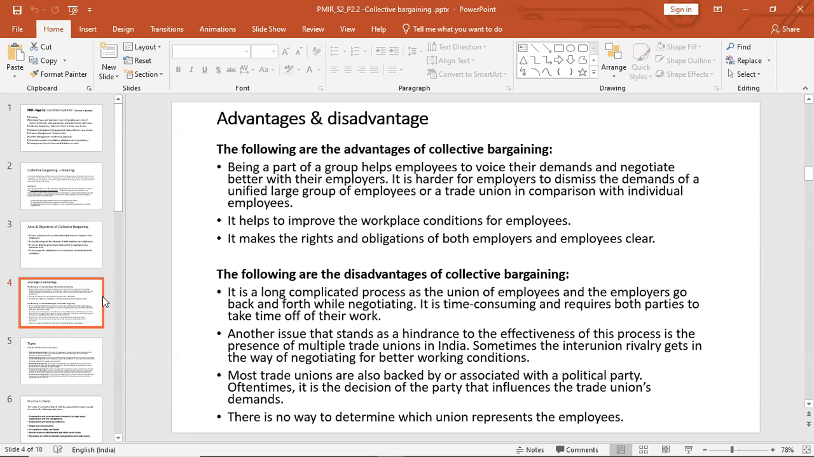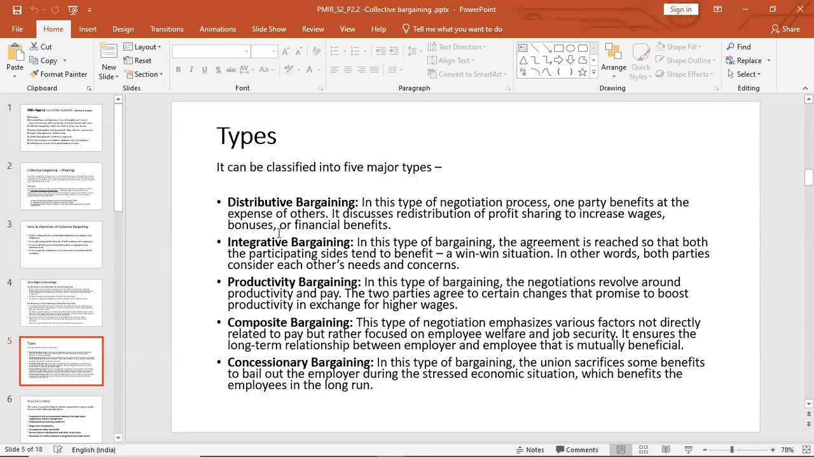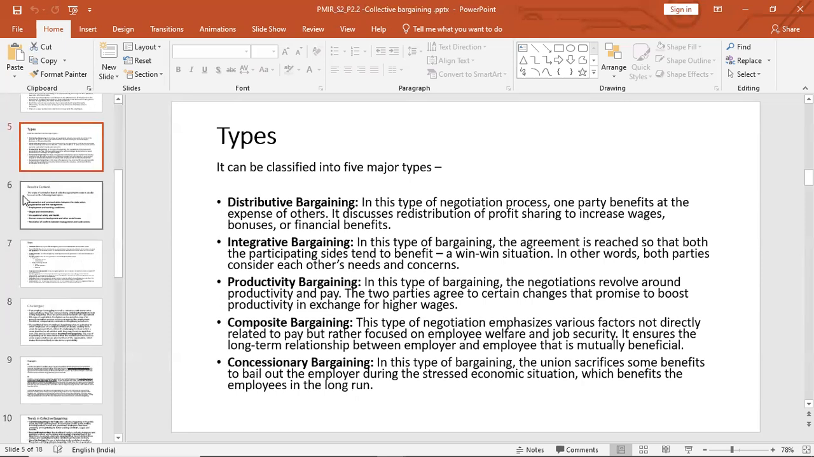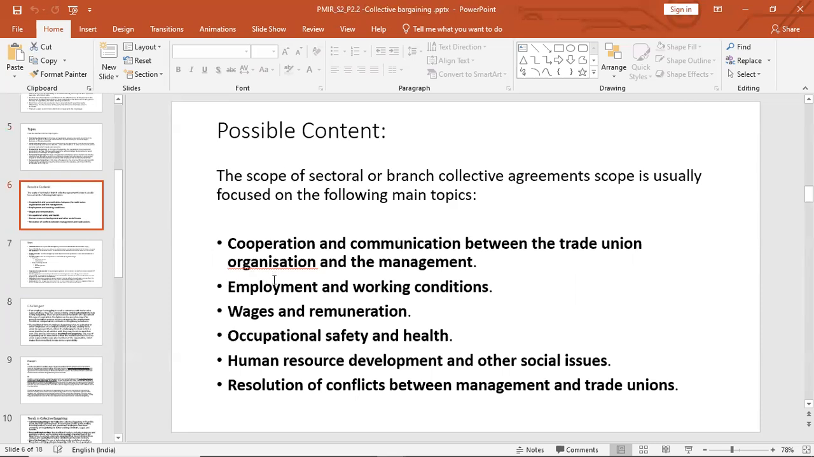We discussed the advantages and disadvantages of collective bargaining. Different types of bargaining: collective bargaining, distributive bargaining, integrative bargaining, productivity bargaining, composite bargaining, concessory bargaining. We discussed that. We also discussed how it happens, what are the possible content of collective bargaining, the scope,